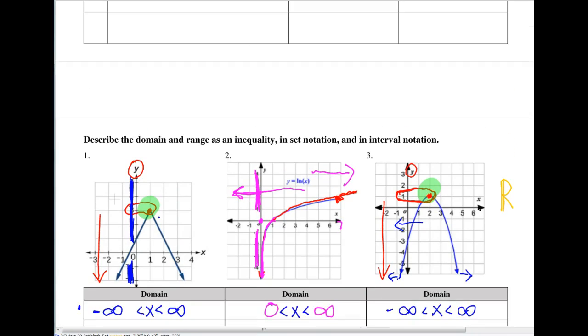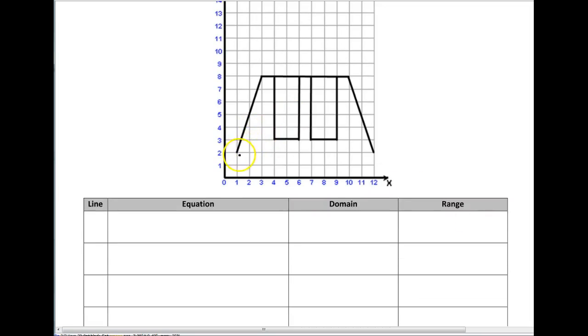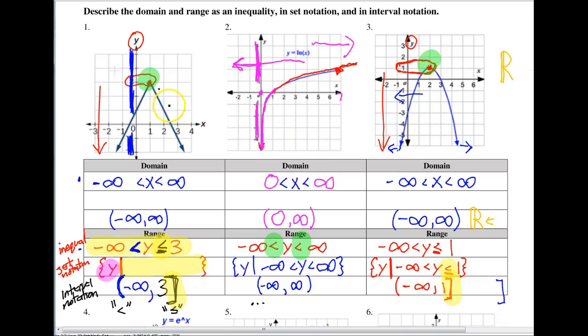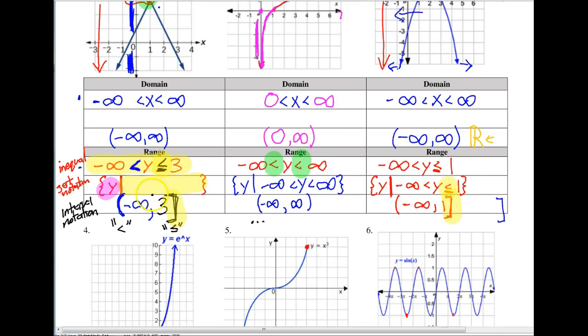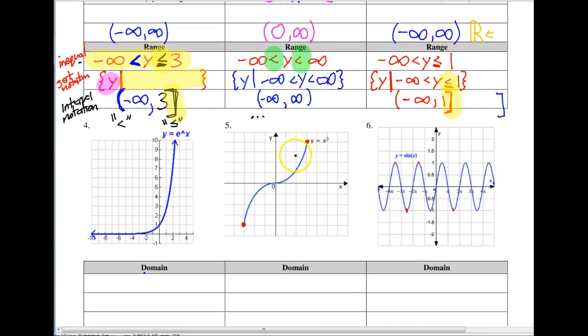Okay. So hopefully that gives you a good concept of domain and range from doing this with where they start and stop. And then adding in on the back the idea of infinity, that if it doesn't actually physically see it stopping at a number, then we just put infinity because it goes on forever. Infinity never has an equal to on it, so infinity will always be a parenthesis in these different notations. So parentheses are more common in interval notation when you're dealing with graphs, because infinity is usually on one or both of the domain or range. All right, good. So let's look at